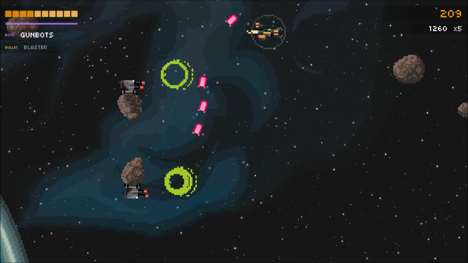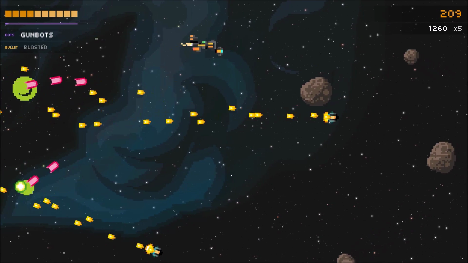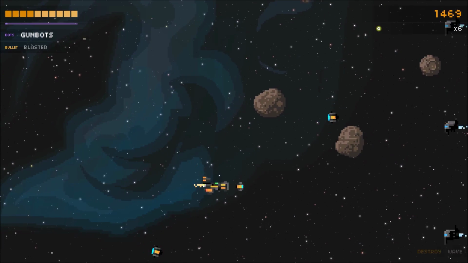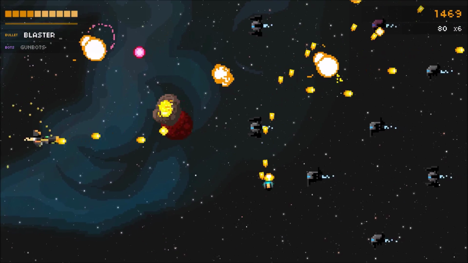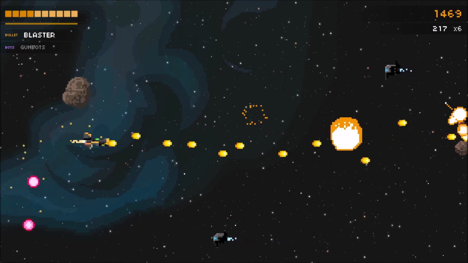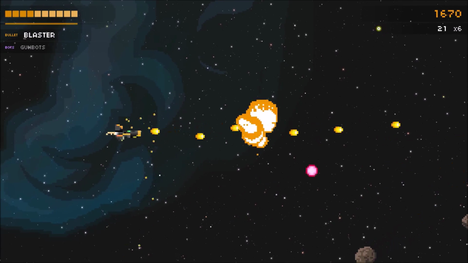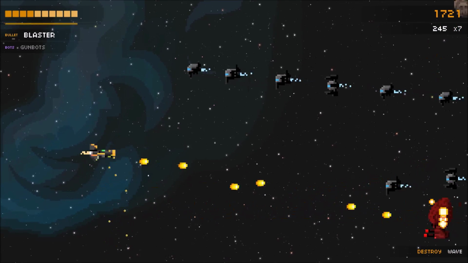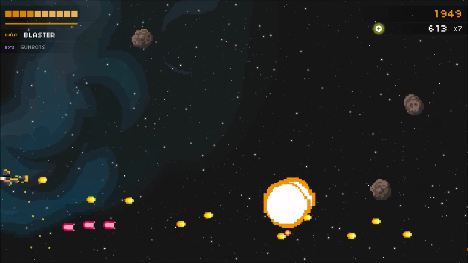What is that? Gunbots. See, so we grabbed ourselves some gunbots this time around. I don't think we got any drops first play we did. Alright, let's get some of these destroyed. Do like the asteroids and stuff don't just affect me damage wise, they also destroy the enemies as well, so